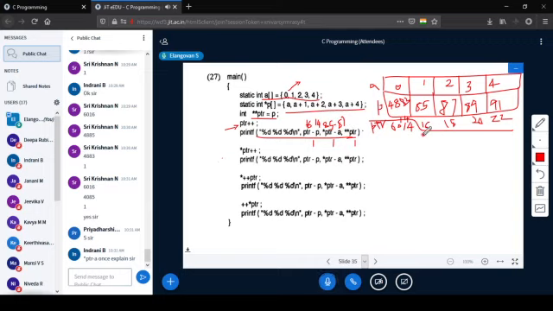So PTR is 6016 now. Star PTR means the value at the address 6016, which is 4885, minus A. A is the address of A of 0, which is 4883.